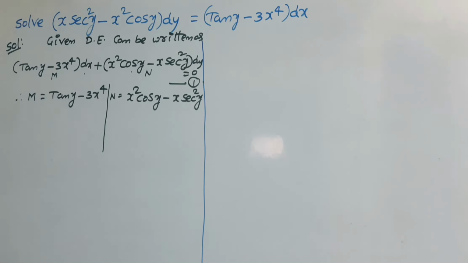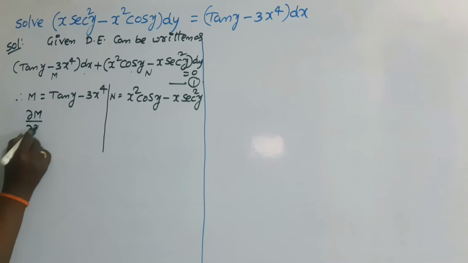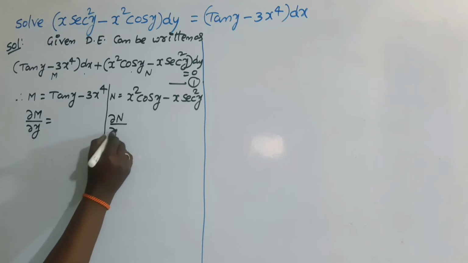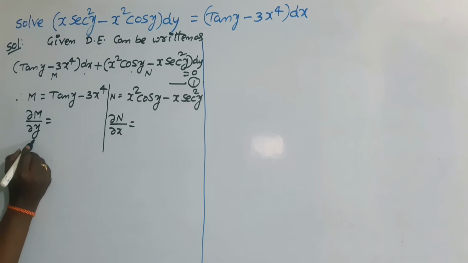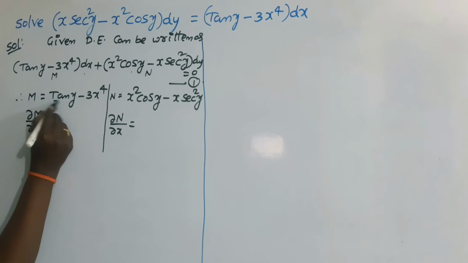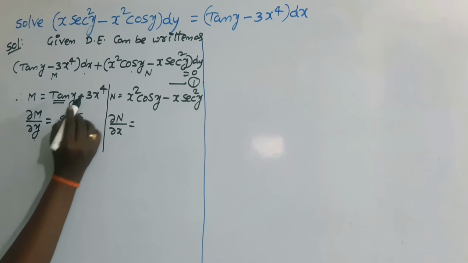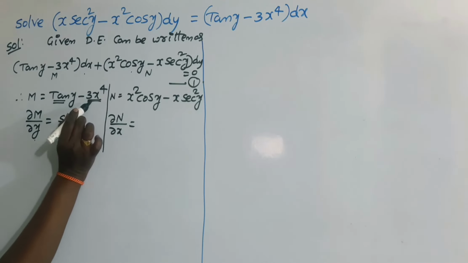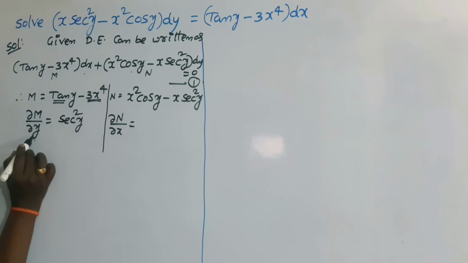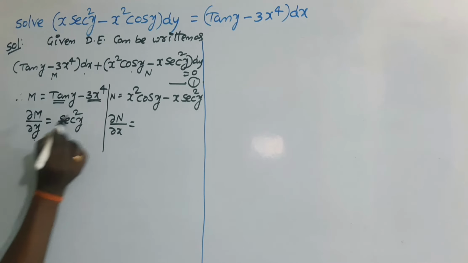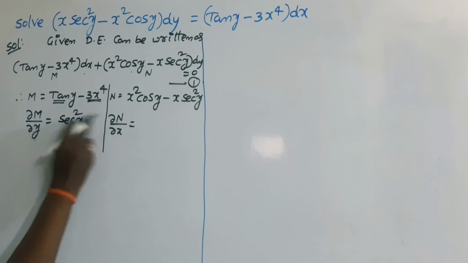First of all, we have to verify whether the given differential equation is exact or non-exact. So for that purpose, calculate ∂M/∂y, after that find ∂N/∂x. In this case, except y, the remaining terms are all constant. So the partial derivative of tan y with respect to y is sec² y, and this term is entirely in terms of x only. That's why this entire term becomes constant, whose partial derivative with respect to y is 0. So I don't want to write negative 0 here.